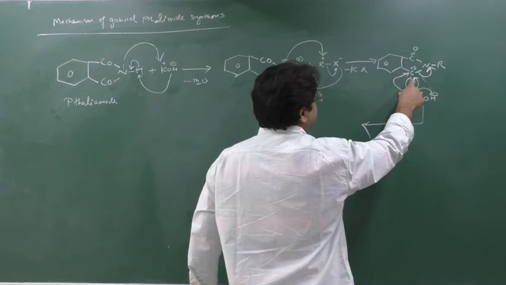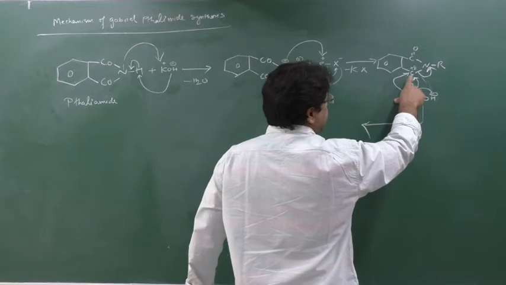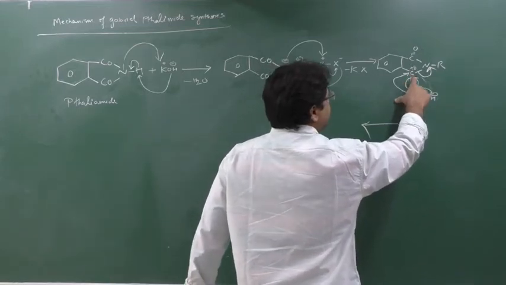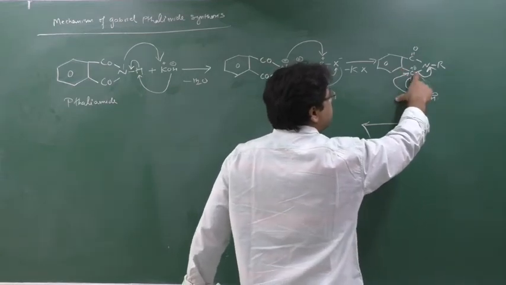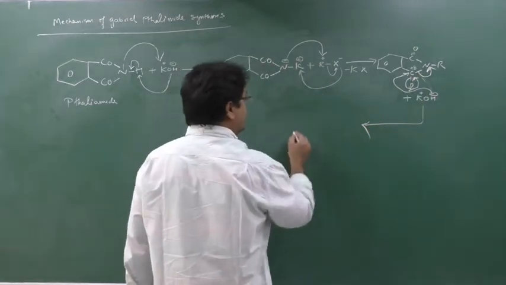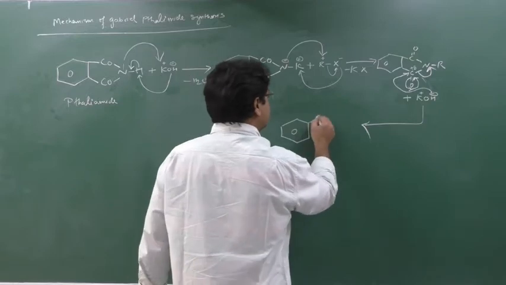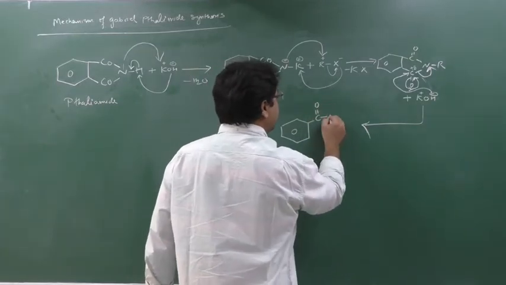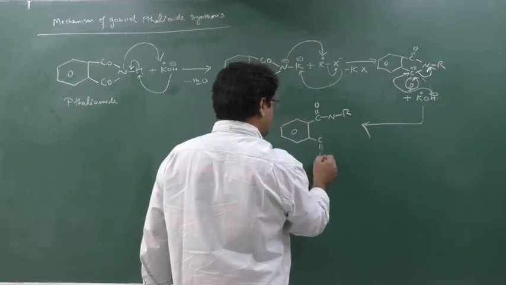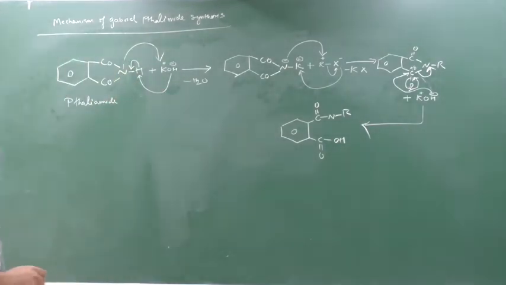So this pi bond will not break. Oxygen is saying no, I will not break my bond. So this double bond will be saved, but carbon cannot make 5 bonds, so carbon has to break any one bond. This double bond cannot be broken, this bond is strong, so this carbon will break its bond with nitrogen. So ultimately what you will get is this: carbon double bond oxygen, here N and here R, because this bond is broken, and along with it, OH is coming.